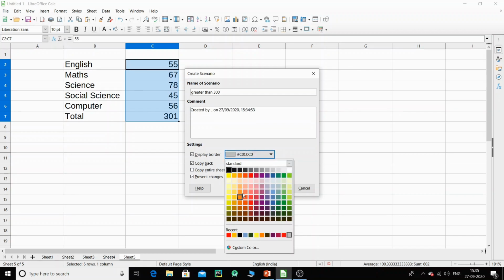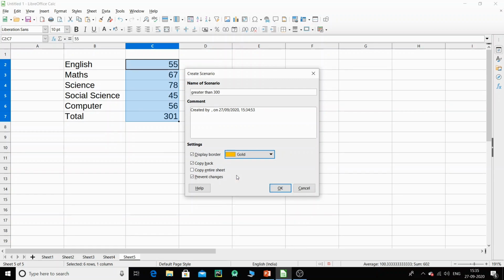You can give some color to this, so I will take this gold color, and it's very important that you untick the copy back. This is very important, otherwise next time any change you make will get reflected and you cannot create another scenario. So just untick this, okay, and then click OK.